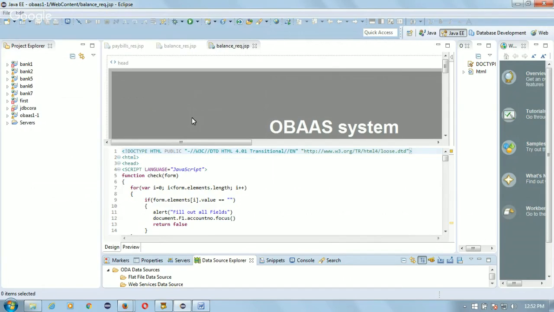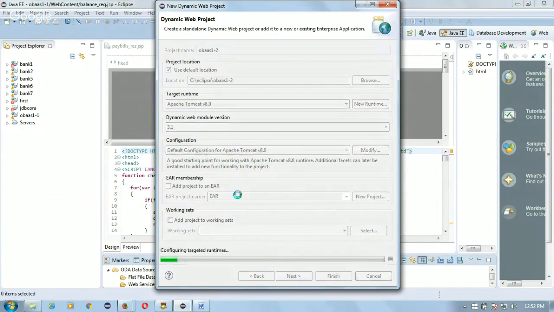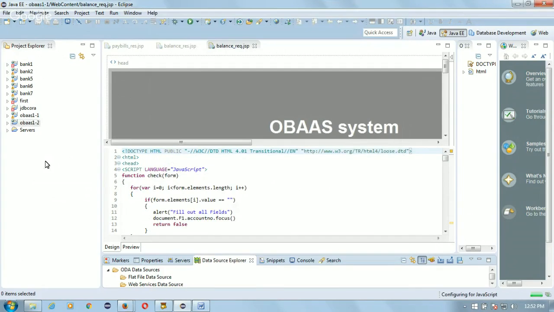So let us name it OBAAS 1-2. Okay, and then let me finish because I will create everything manually afterwards. So the project is created in Eclipse,